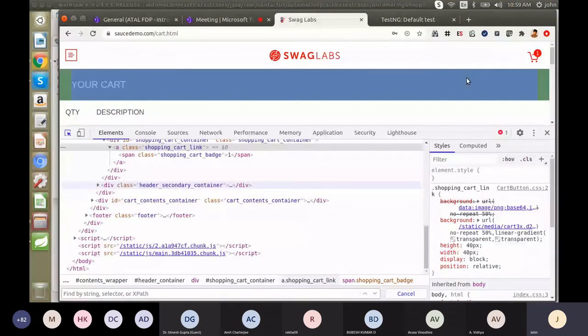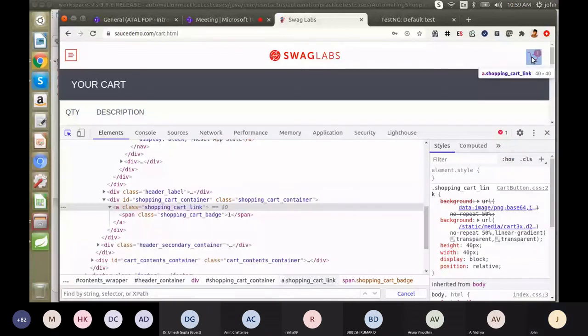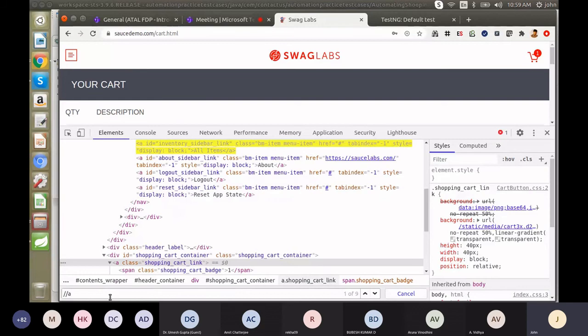So let me copy this class name. Okay. So in the anchor tag, we have to open a bracket. In the @class equal to, we have to give the class name.